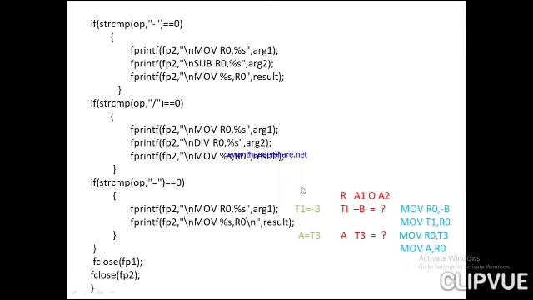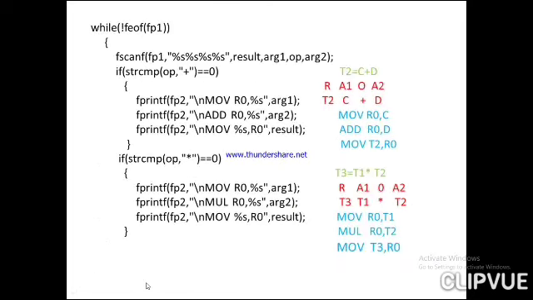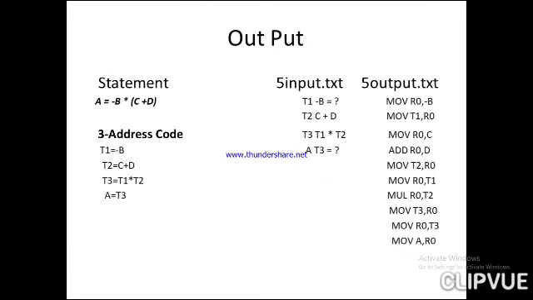After that, all the cases we have considered, whatever has to be printed, will be printed. Then I am closing the input file, and also closing the output file. So that's it. This is the program, this is the input, and this is the output. The input is this, but we are storing it into one more file by considering the 4 columns, and this is the output you are generating. You can check it out by giving any other different expressions. Okay, thank you.